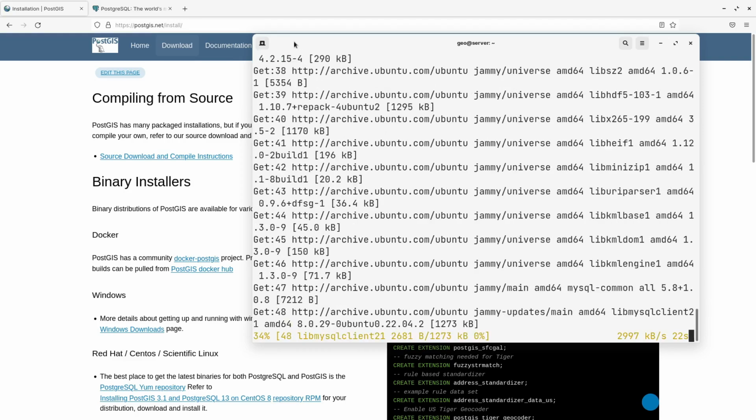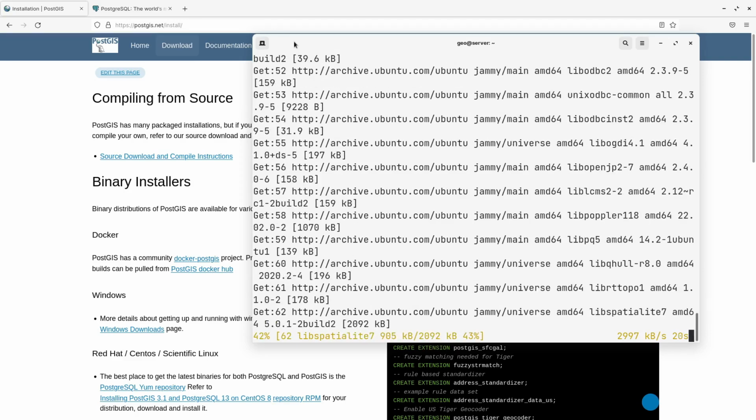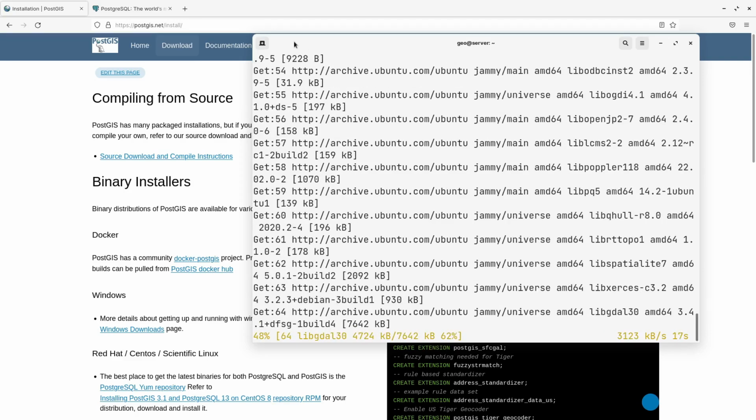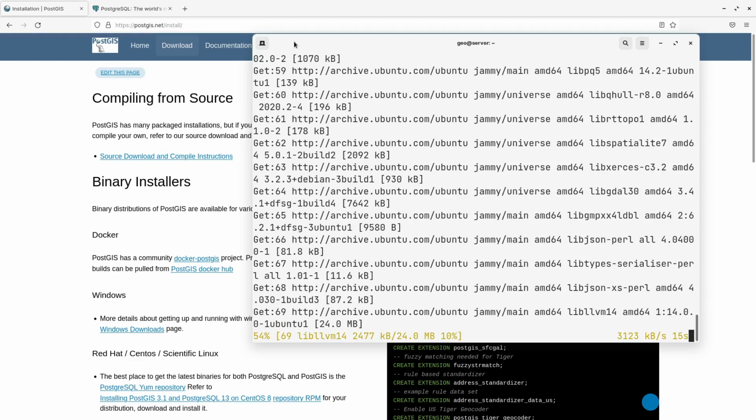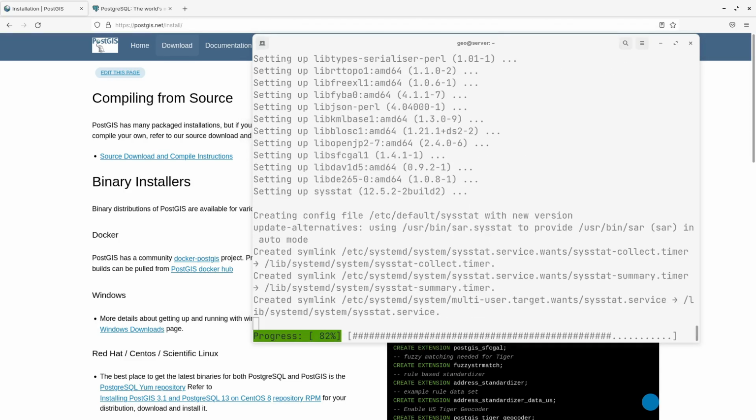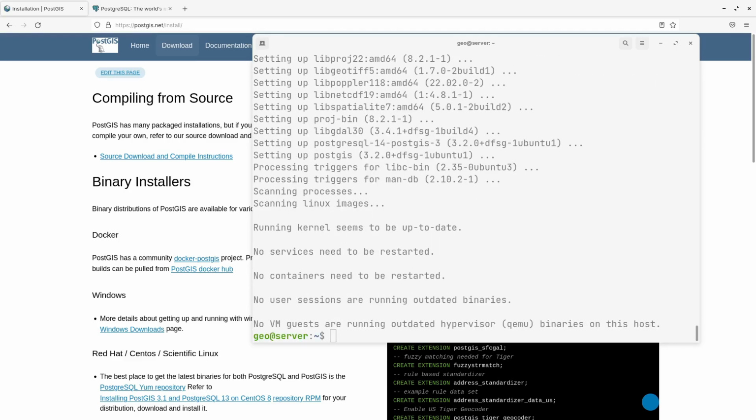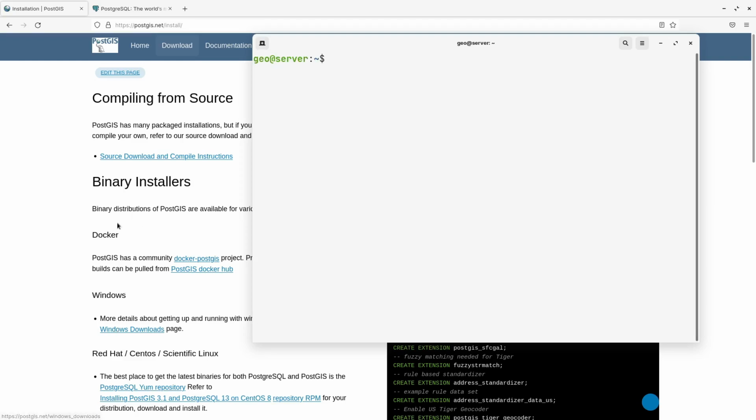Now it downloads all the packages, and when that is done, it will start installing them on the server. When that is done, let me clear that window. We have PostGIS installed, but